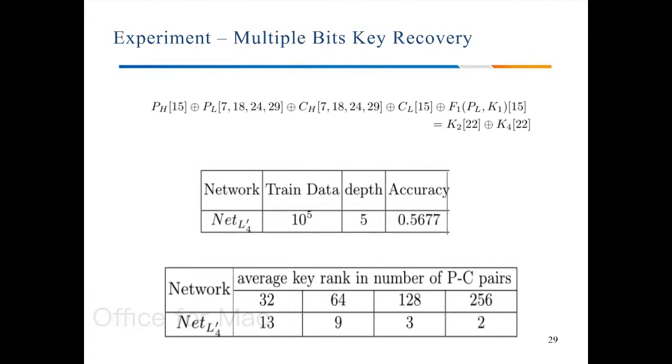In order to achieve multiple-bit key recovery, we train a 4-round neural network with 20 epochs, and each epoch runs in size of 5,000. Real and random data determined by random label were sent to a five-depth residual network. The training set is generated by a random master key, which holds gamma times key k equals 1, and those two different distributions were separated with an accuracy of 56.77%,